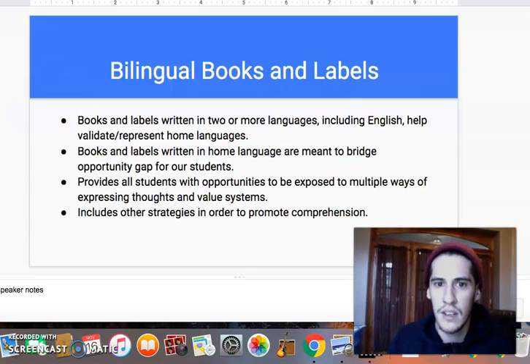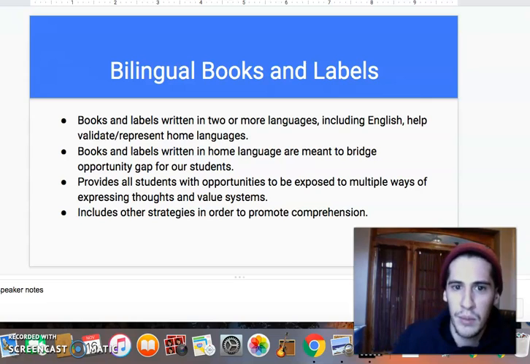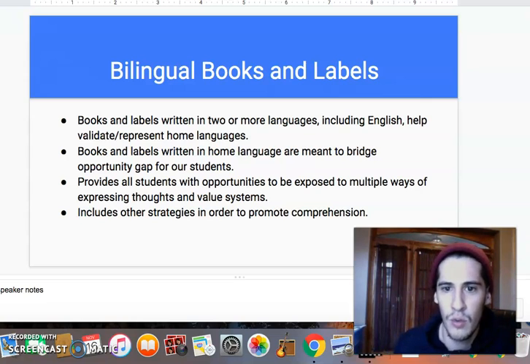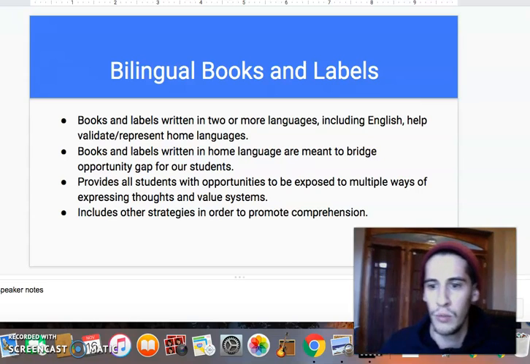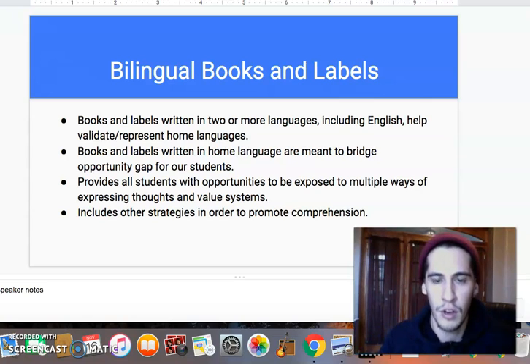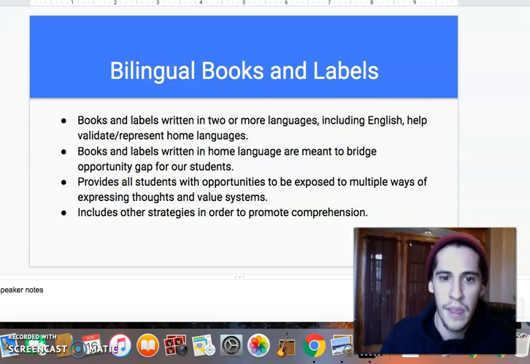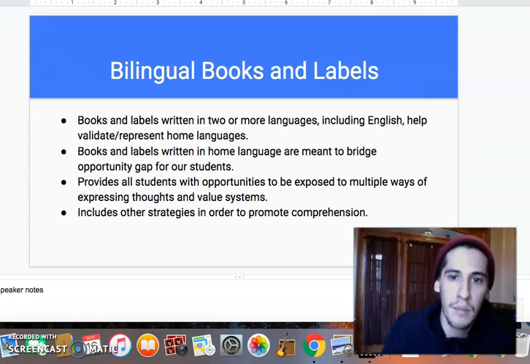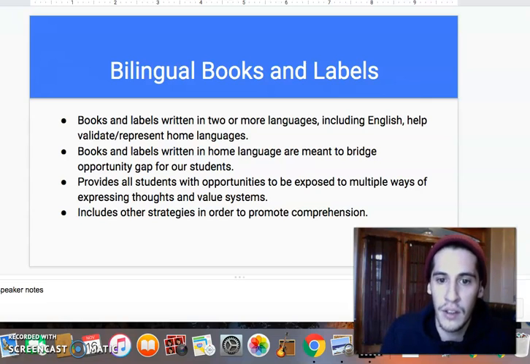So to begin, bilingual books and labels are written in two or more languages, including English, which help validate and represent home languages. Books and labels written in home language are meant to bridge opportunity gaps for our students. They provide all students the opportunities to be exposed to multiple ways of expressing thoughts and value systems. And lastly, bilingual books and labels include other strategies in order to promote comprehension. So what I mean by that is